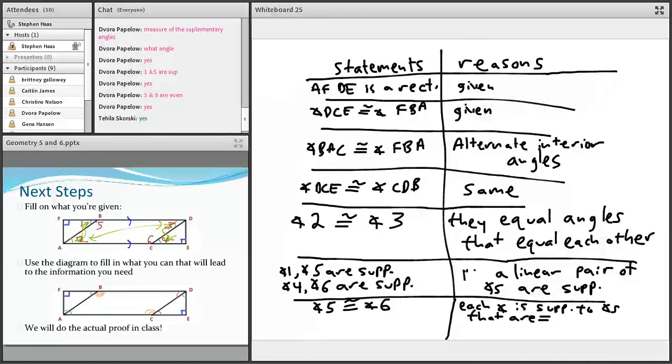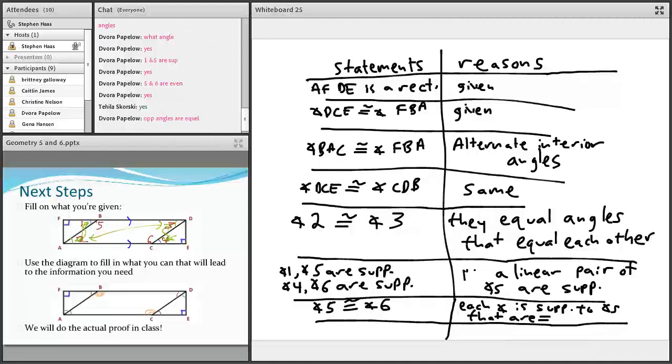Sorry if I'm running out of room down here. So now what do we have? Now we've got angle 5 equals angle 6, and we've got angle 3 equals angle 2. Now can we prove what we're looking for? Can we prove that ABCD or ABDC is a parallelogram? The answer to that is yes. We can say that ABDC is, I'll just abbreviate here, and the reason is because